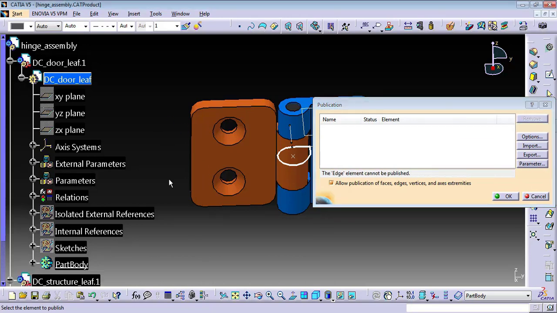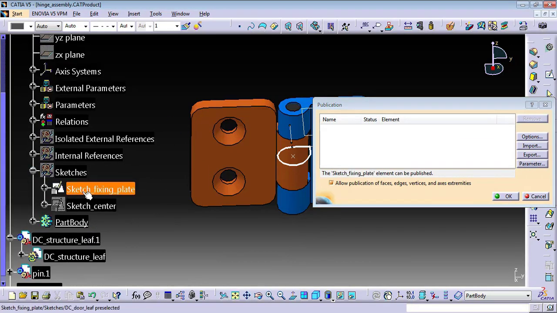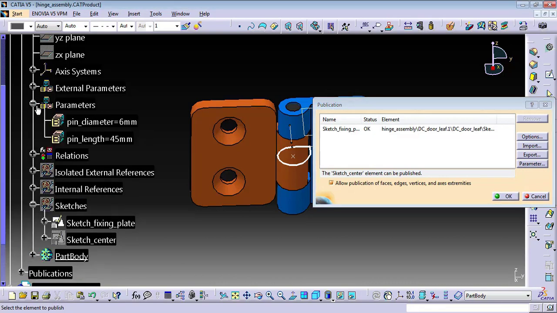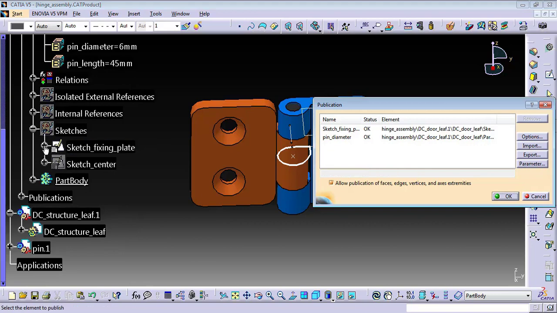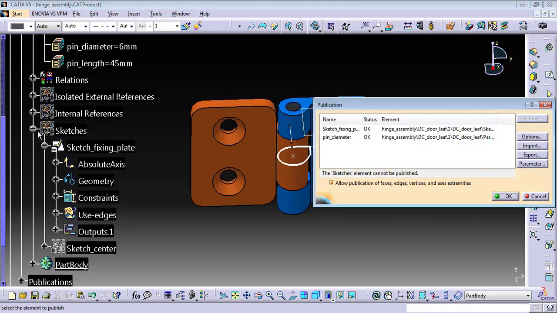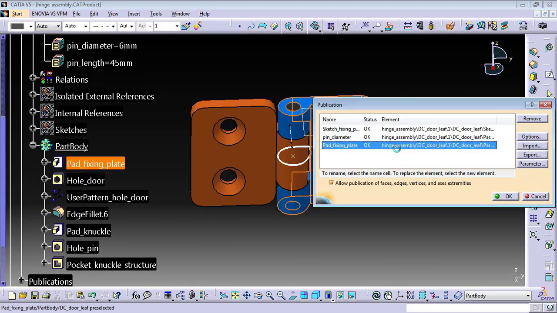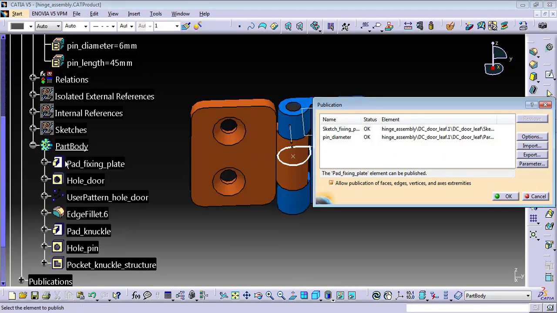If I want to publish, I select the geometry I want. Okay, for example, I want to publish this one. I can publish features, I can publish parameters, even I can publish not easily accessible parameters. For example, if I want to publish